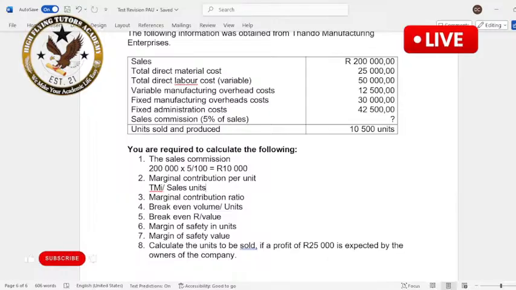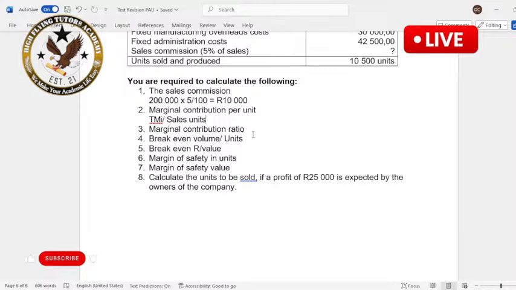So what is that? Marginal income divided by sales, you multiply by 100. All right, those who have got the memo will confirm with us. And then